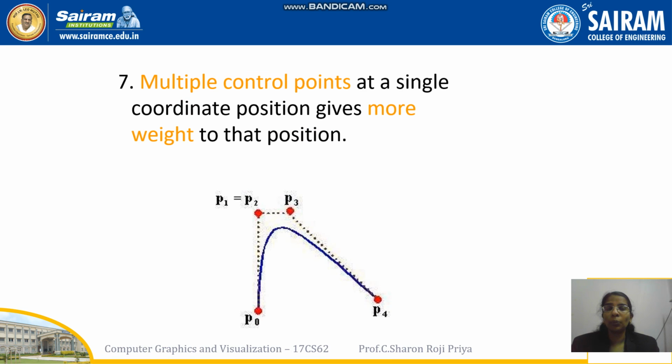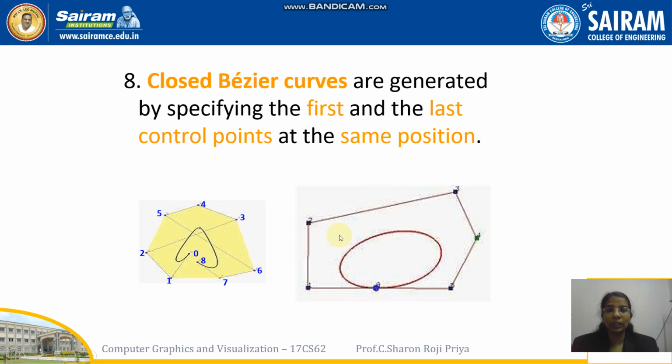Next, multiple control points at a single location will increase the weight. See here, I can have a closed Bezier curve. How can I have a closed Bezier curve? As you know, a Bezier curve should start from the starting control point and end at the ending control point. So if the starting and ending control points are in the same location, I can have a closed Bezier curve. Right? Starting and ending are in the same